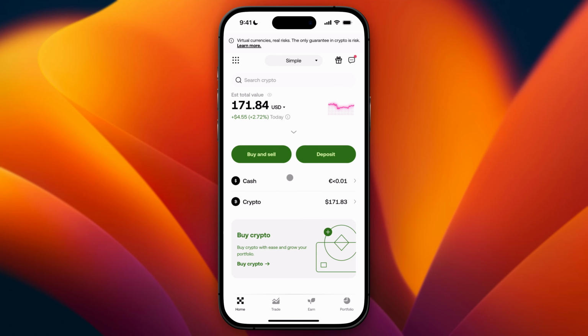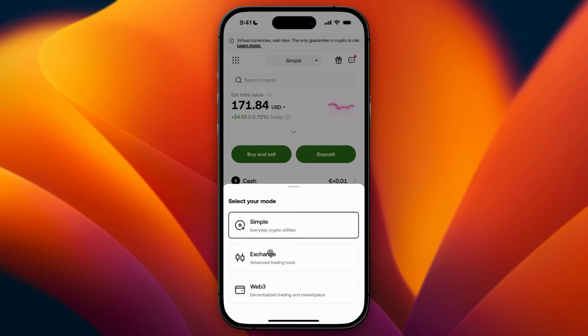In this video, I will show you how to transfer crypto from OKX wallet to OKX Exchange. So I have my OKX wallet opened in here, as you can see, and I have some crypto in it. And if I want to transfer this to Exchange, then first we need to go to our OKX Exchange. So we're going to click on this arrow down in here, and then we're going to click on Exchange in